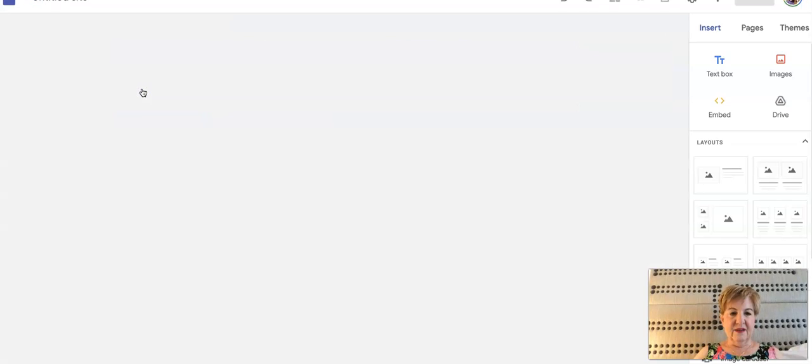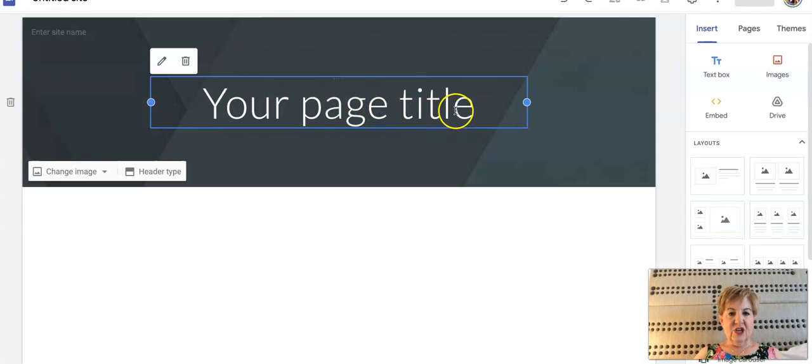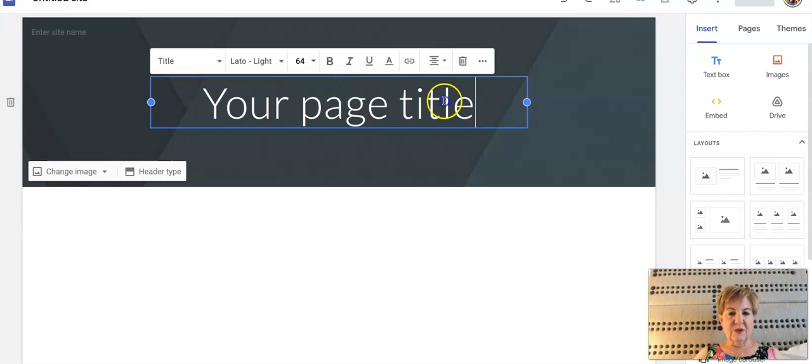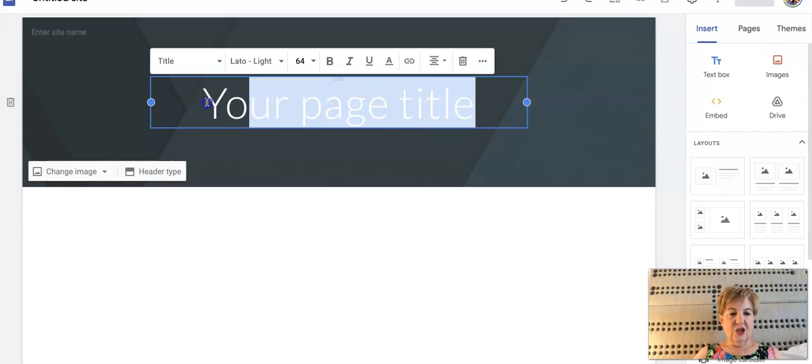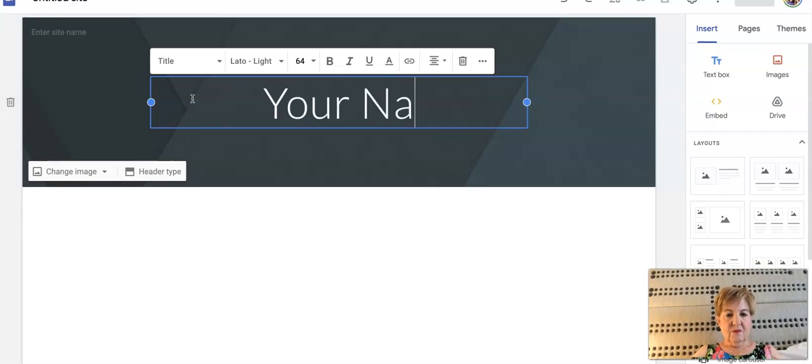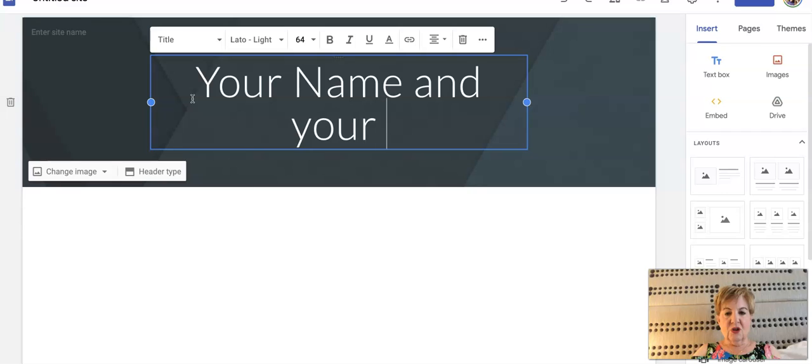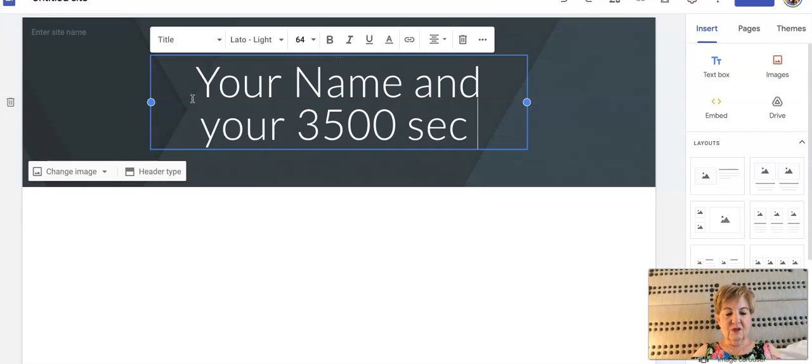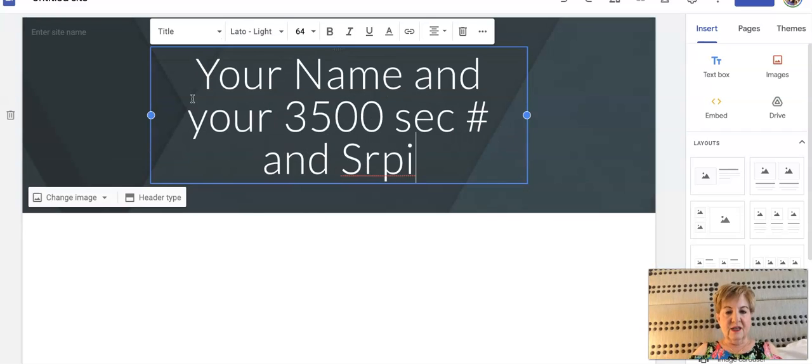It says blank. And then your page title is going to be your name and your 3500 section number and spring